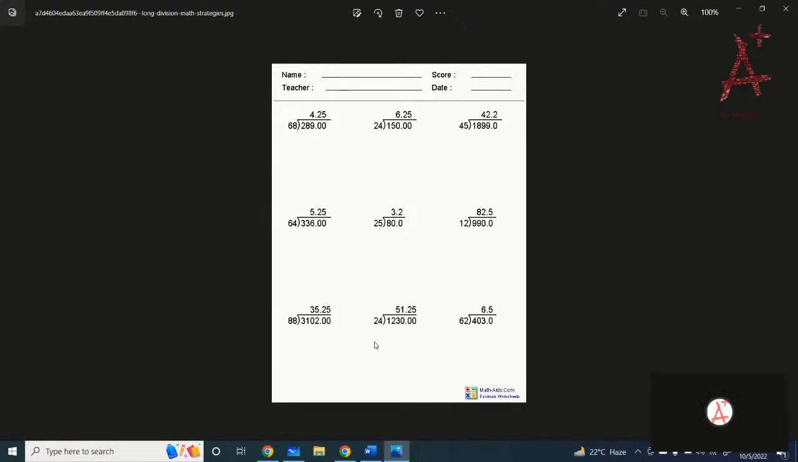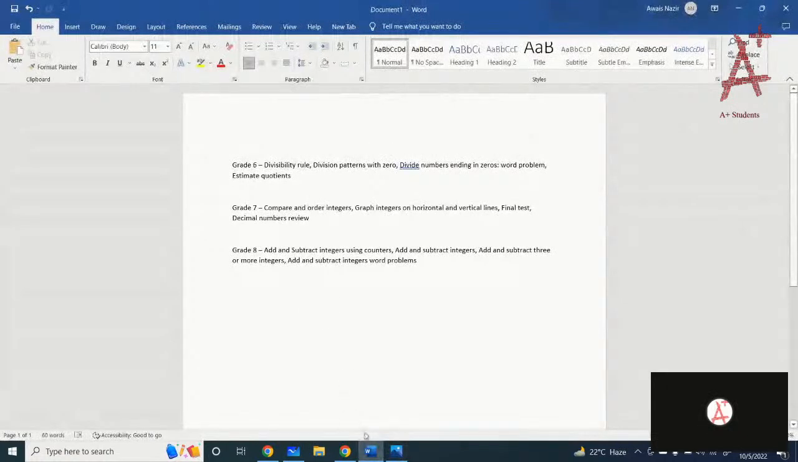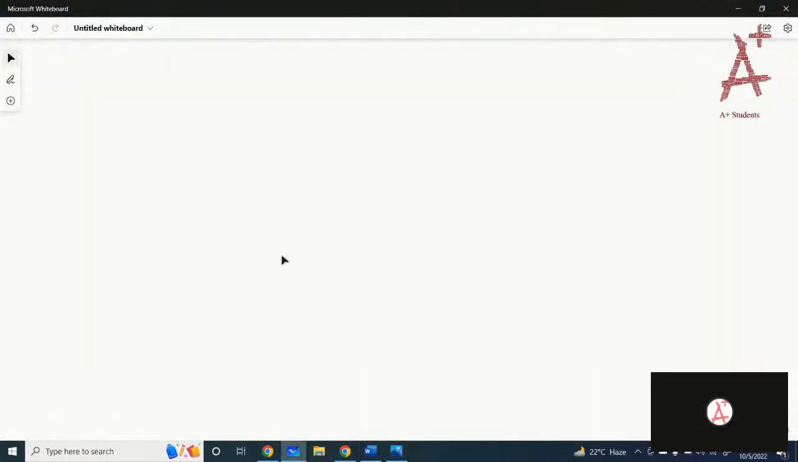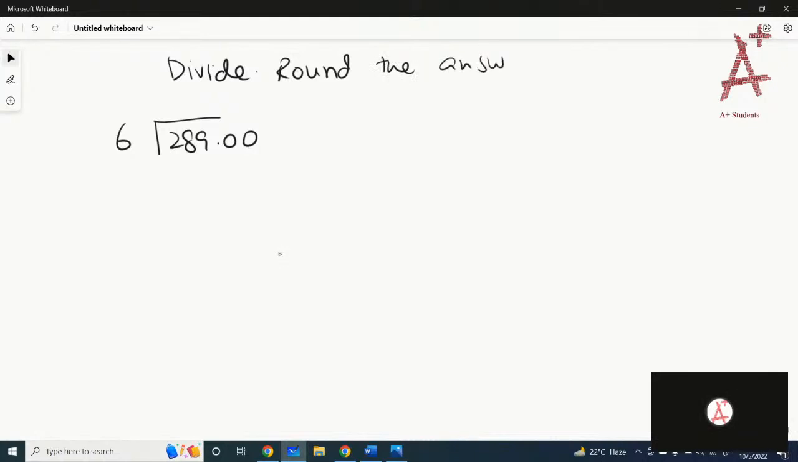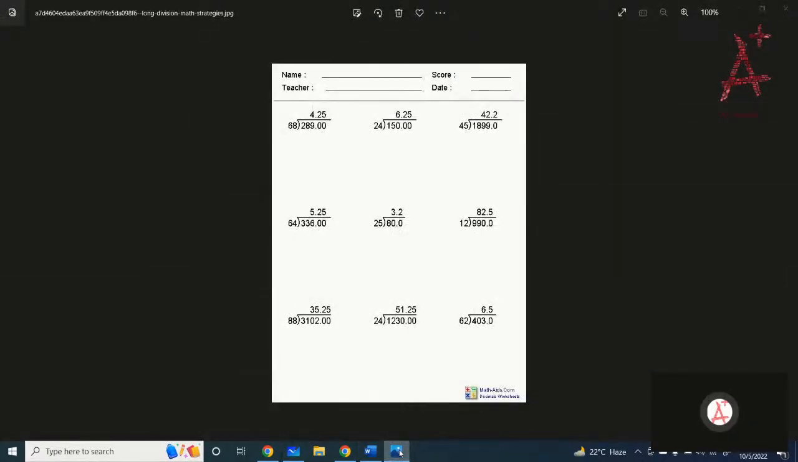Right? Okay, let me write them down on the board. You can note down the questions. 289 divided by 6. You have to divide them and round the answer to the nearest tenth. So just note down the questions so that you can do the practice questions right after the session. Got it? So 289 divided by 6, 150 divided by